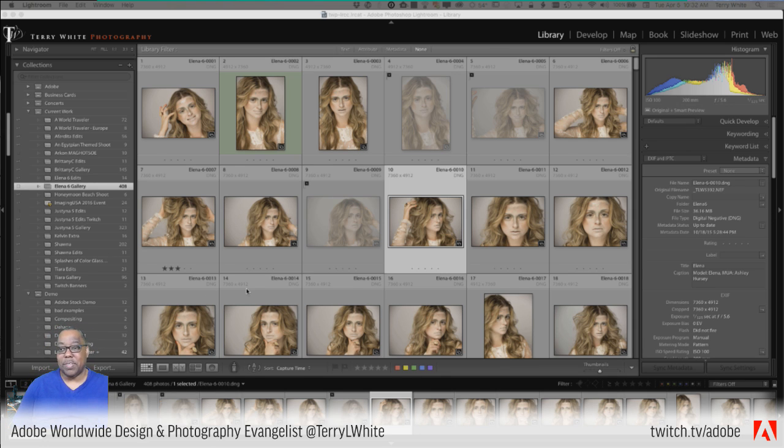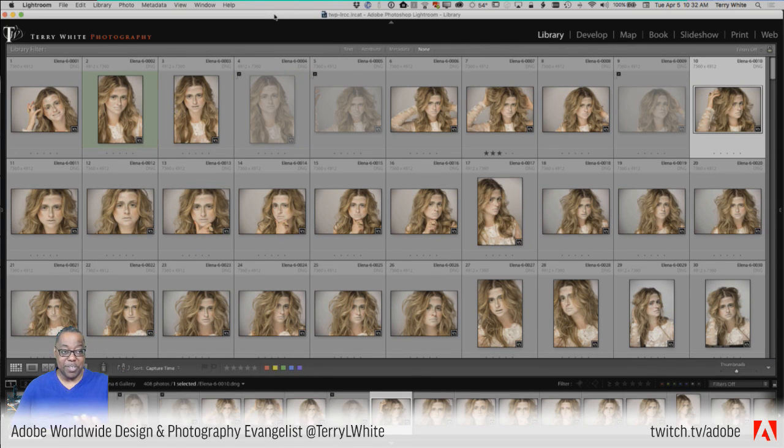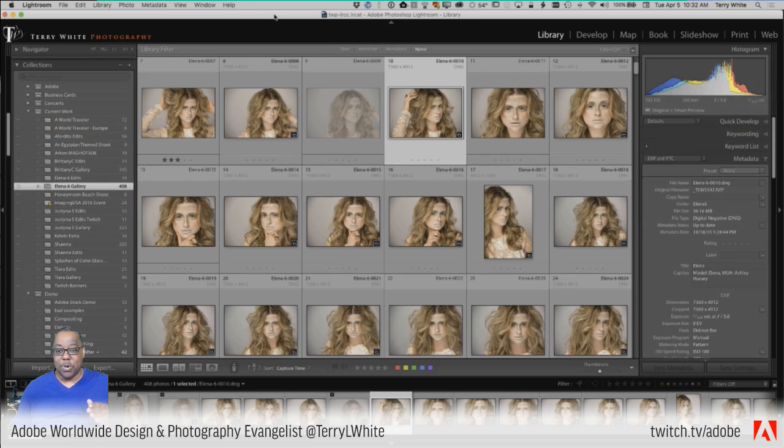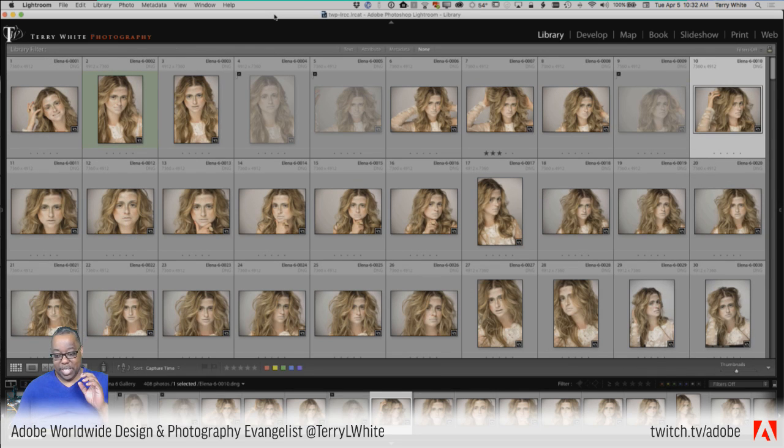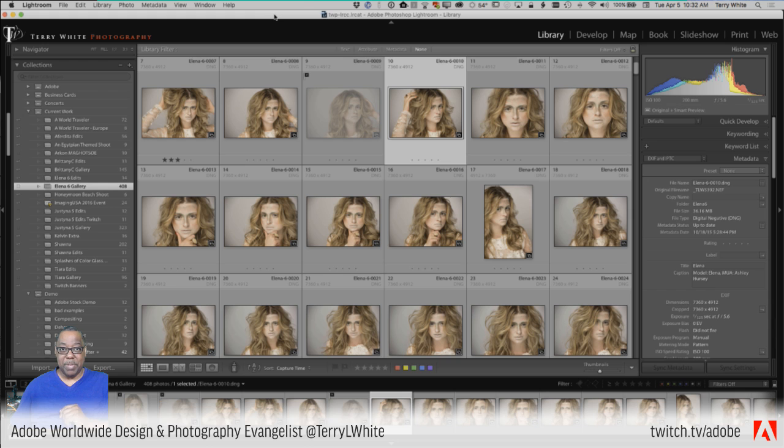First and foremost, one of many things that Lightroom shares in common with Photoshop, and that's a keyboard shortcut that we've used for years inside Photoshop, whether you used it on purpose or by accident, and that's the Tab key. If you hit the Tab key on your keyboard in Photoshop, it hides all the panels. Same thing here in Lightroom. Just hitting the Tab key will quickly hide the left and right panels. Hitting the Tab key again will bring them out.